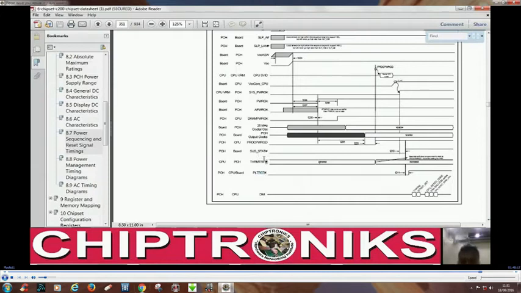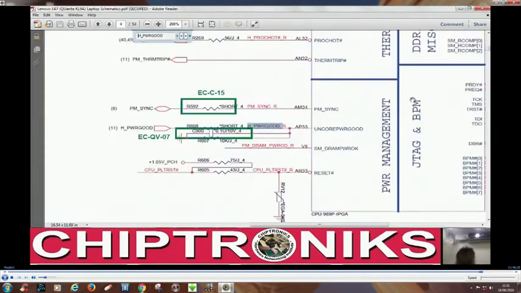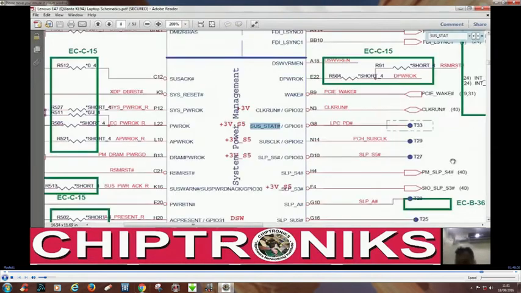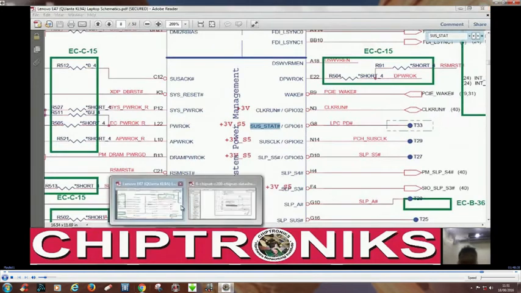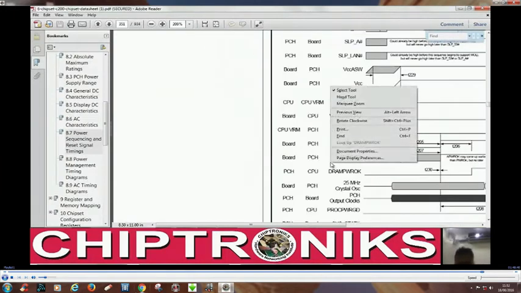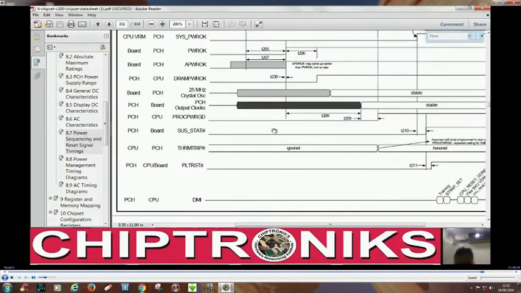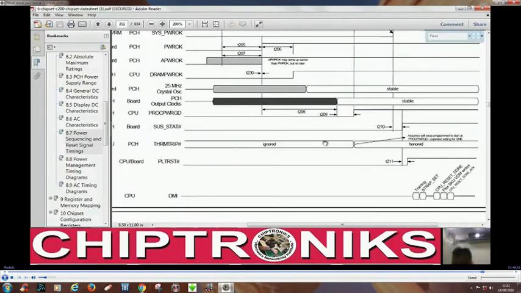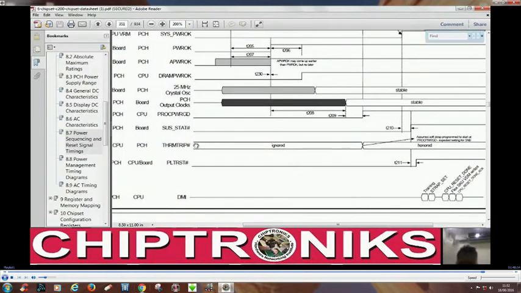In between these two stages, the PCH will generate sus_stat, which we had discussed in an earlier class also. Here in this schematic, it is not connected, it has not been used. You can see over here, this is not connected, okay? And after this, there is a thermal trip. You can slowly zoom over here. Sus_stat is not used, and you can see thermal